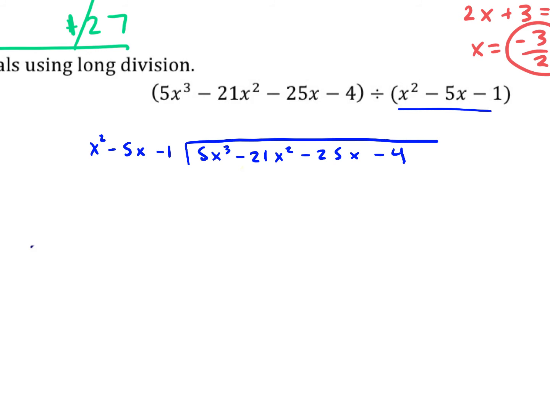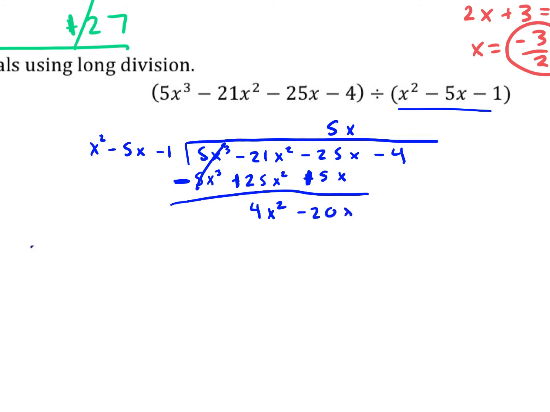So what times x squared gives us 5x cubed? 5x. So then multiply 5x by everything out front. We get 5x cubed. 5x times negative 5x would be negative 25x squared. And 5x times negative 1 is negative 5x. Change the sign, change the sign, change the sign, and combine. So these cancel. I get 4x squared